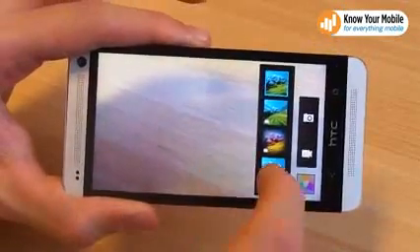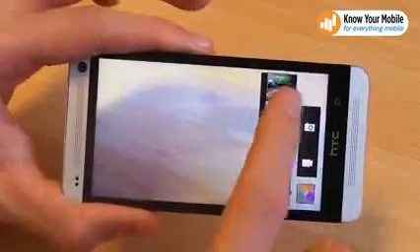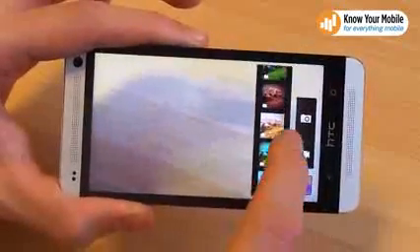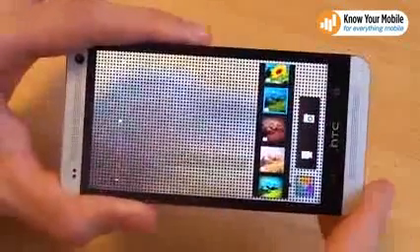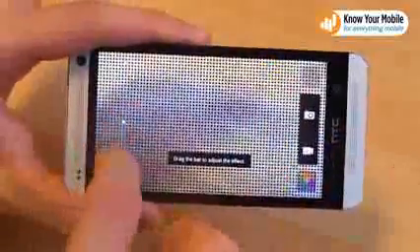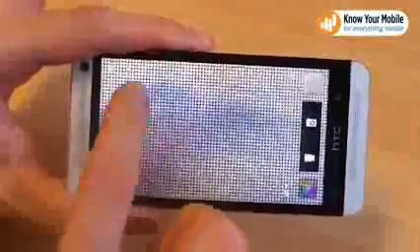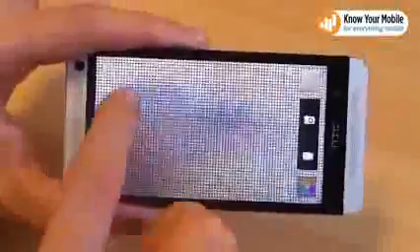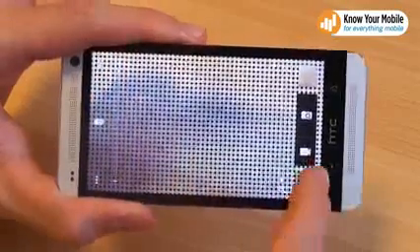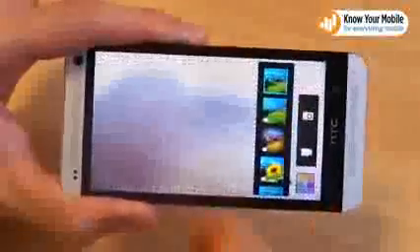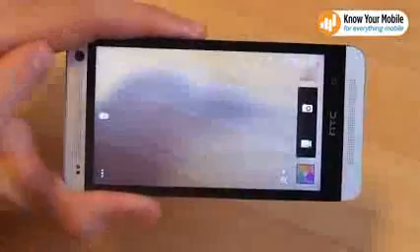You can also add a filter to your image, and this is quite something we've seen from HTC before, so we're not going to go into too much depth on it, but you can see a lot of fun effects here that are usually pretty customizable. You can change the size of these little dots. There you go. If we tap on filter, kill it, we can see on the left side you've got flash toggle,